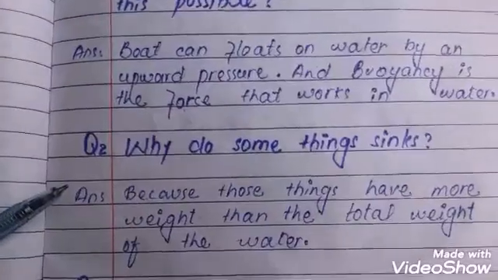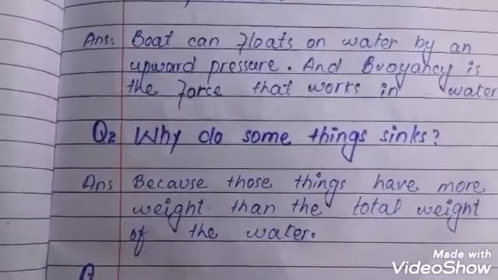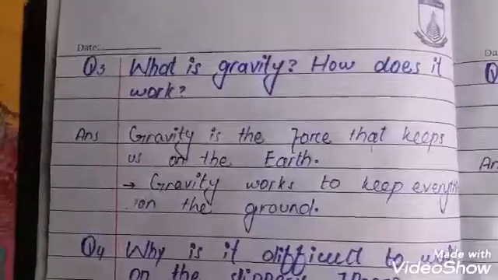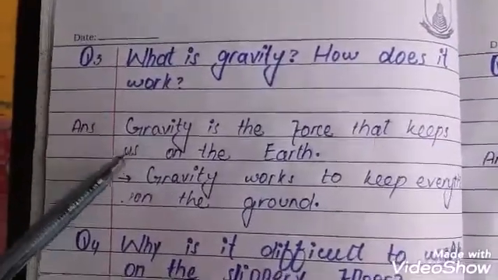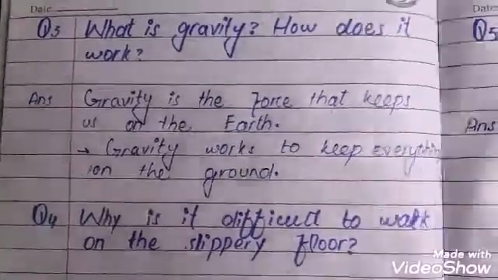Second question, why do some things sink? Because those things have more weight than the weight of the water. Now third question, what is gravity? How does it work? Gravity is the force that keeps us on the earth. Gravity works to keep everything